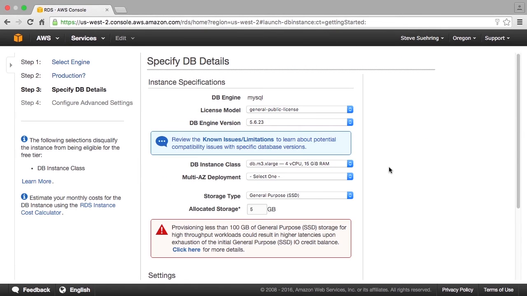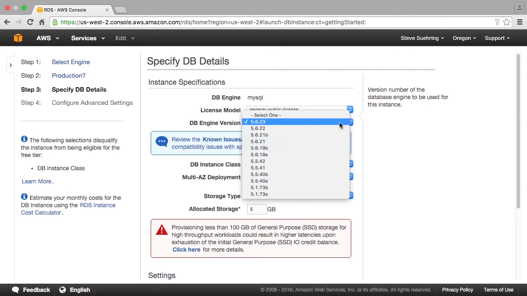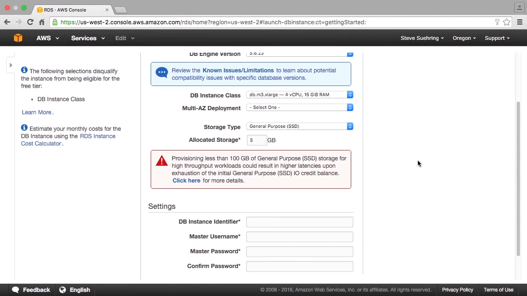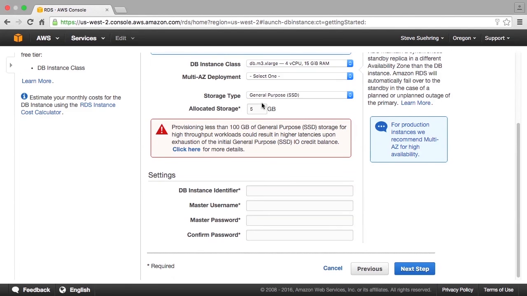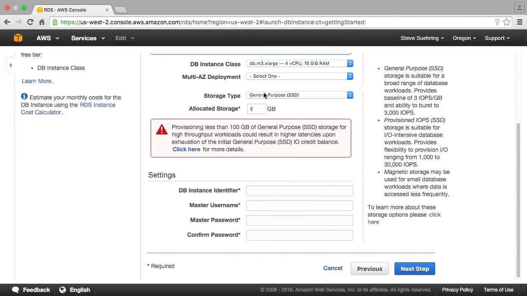Within here, I can then configure many of the different options for that database instance. For example, I can choose the exact version of the database engine that I want to deploy, and I might do that for compatibility reasons. I can also choose whether or not I want to have a multiple availability zone deployment, or a multi-AZ deployment. And I can set the allocated storage and the storage type, which will help determine the performance for the RDS